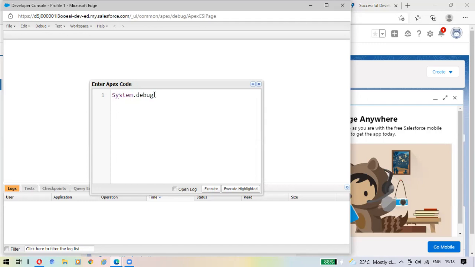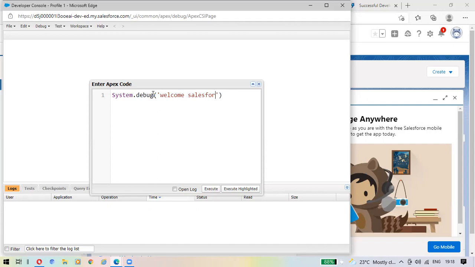After debug, write the brackets, within single quotations, Welcome Salesforce. Some message, enough, no problem.